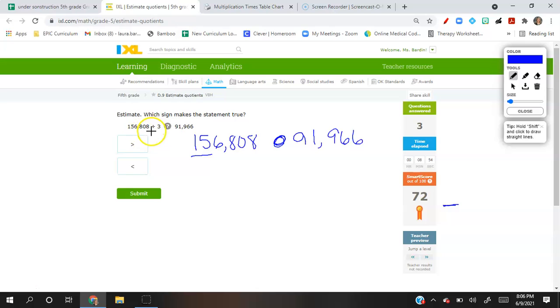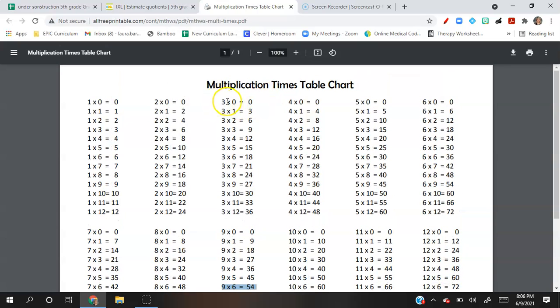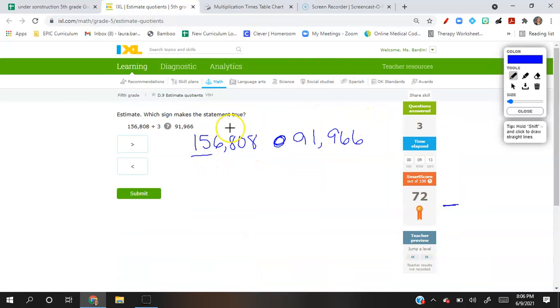So 15 divided by 3, or 3 times what gets you closest to 15? Well, if I need to use my multiplication chart, I'm looking at these answers and perfect. 3 times 5 equals 15. So remember, I'm going to replace, and it's going to say 3 times 5. And then what do we do? Fill in with zeros. You are exactly right. So there's a 0 for the 8, a 0 for the 0, a 0 for the 8, a 0 for the 6. And then it says, is what to